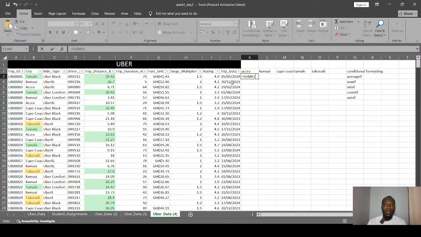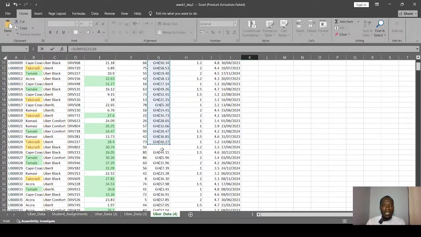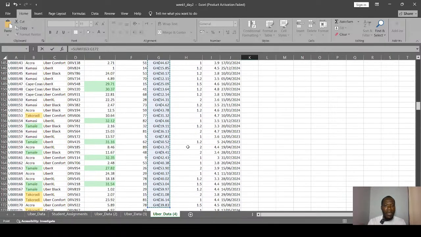We all know the range we are going to sum. It falls under the fares column. So we select cell G3 because that's the first cell with the value. So cell G3, then Control Shift and then the down arrow. Realize that it has highlighted from here all the way to the next empty cell. We are not done, so still Control Shift, down arrow, and we are going on.